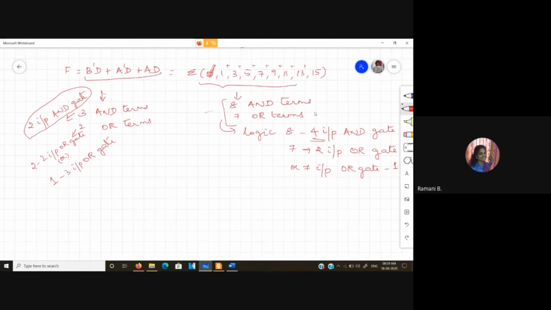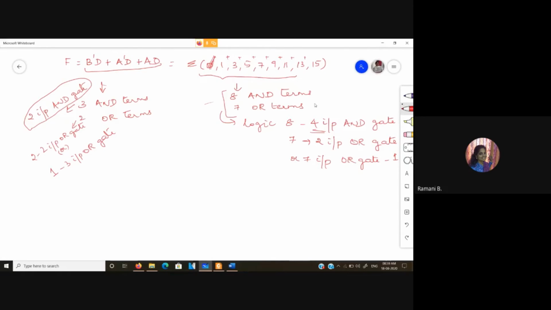So let us draw the logic diagram for this minimized one. I am having B bar D. So I am giving B to the NOT gate, and having D as another input. Both are given to the AND gate. Then I have A bar and I have a D over there.